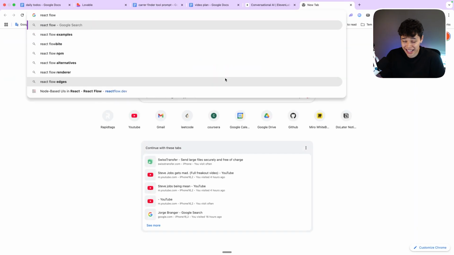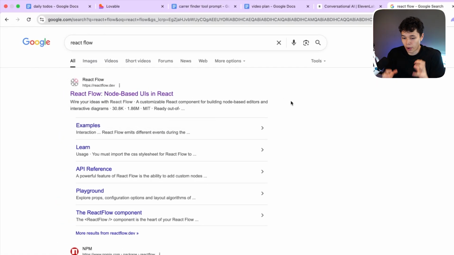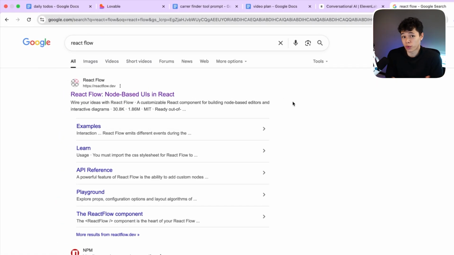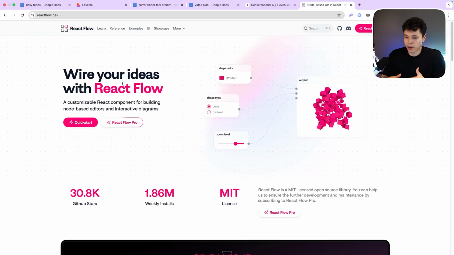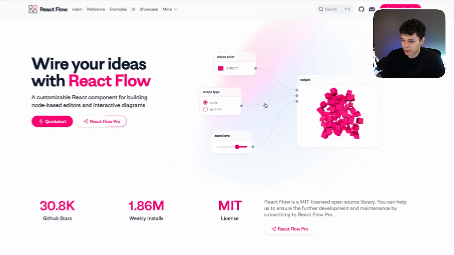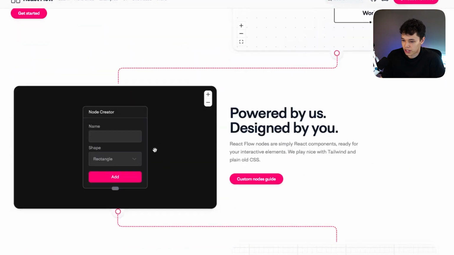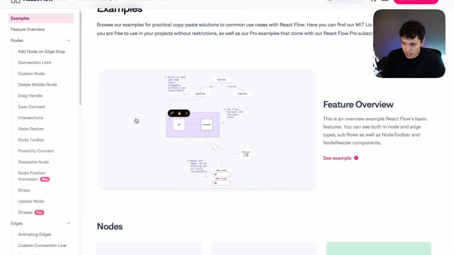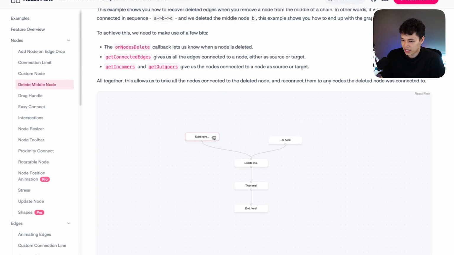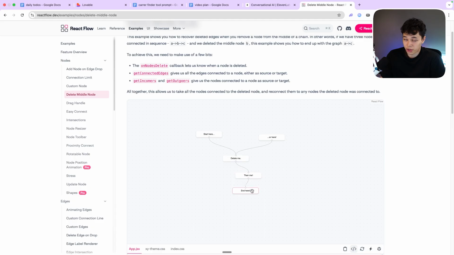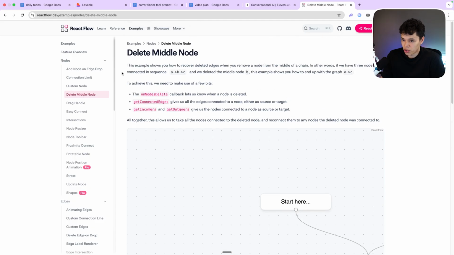React Flow is a package. And a package is essentially just a bundle of code that someone has already written that you can use within your websites and apps. And Lovable can automatically find these packages and use whichever package fits the specific use case. But in my case, I want to specify that I want to use React Flow because I really like their design. So here you can see the design. You can go to examples and see how this works. Essentially, React Flow is a way for you to create these diagrams with nodes that are connected. And that's what we're going to be using for this website.